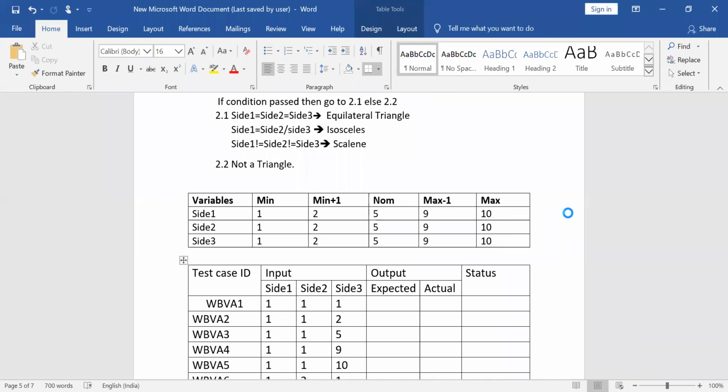For remaining, how many cases left out? 50 are over, right? How many are left out? 50 plus 25, 75, plus 50 is 125. Okay, 75 cases. Can you write it? I don't want this particular column. Listen carefully. This actual column, you can eliminate it. Status column, you can eliminate it. But right now, I just wanted to fill this particular expected one.